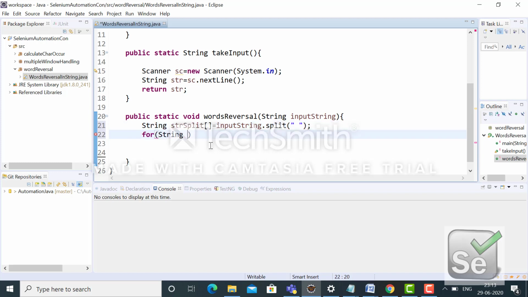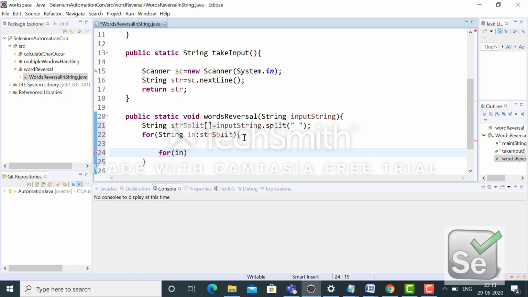So I'm taking input over here, where each and every word will be stored, and this is my complete string array. So basically I am extracting each and every word in that string. When I have that, then for each and every word I have to reach out to character level.